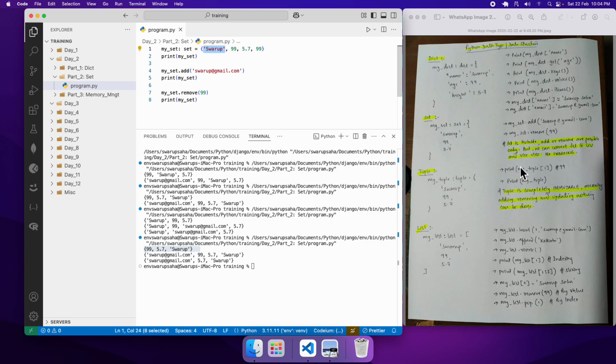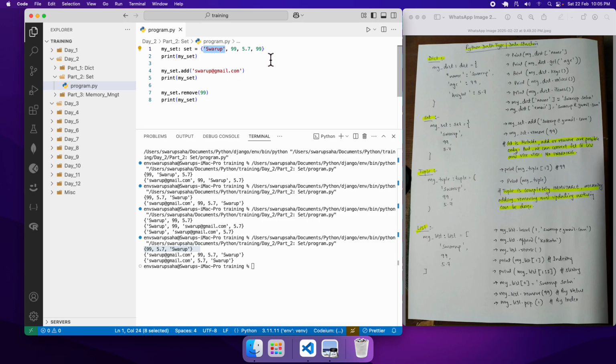Okay, so for that reason I have written over here like this way: set is mutable. Well, set is mutable as long as you're performing add or remove operations. Up to this level, set is mutable. But why set is not totally mutable is you cannot perform modification of the existing item. So we cannot edit the values. Since we cannot perform editing, is there still a necessity that you have to bring some changes in a particular record present in the set? What you can do is that you can